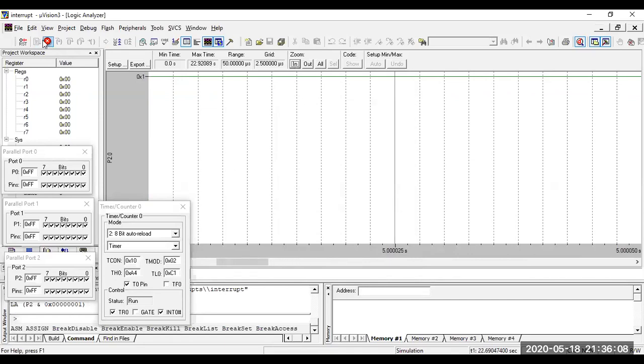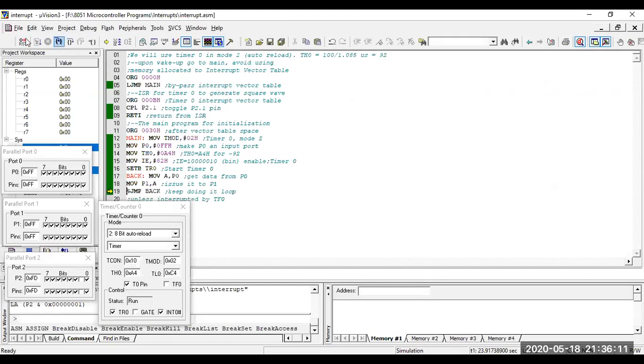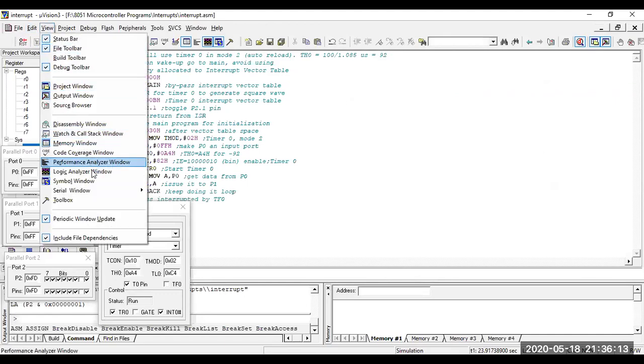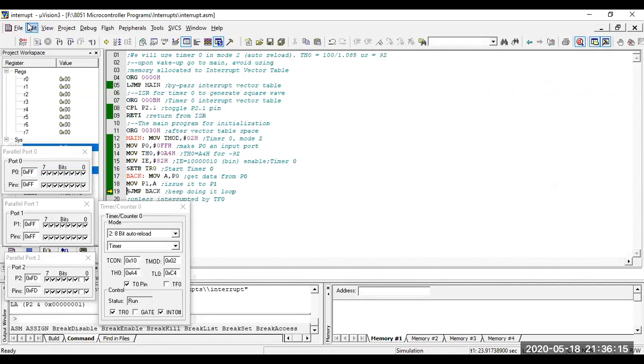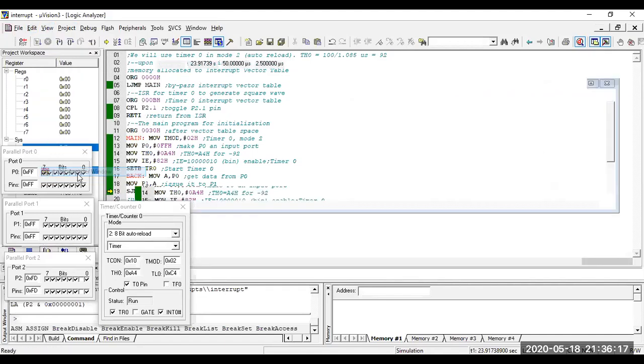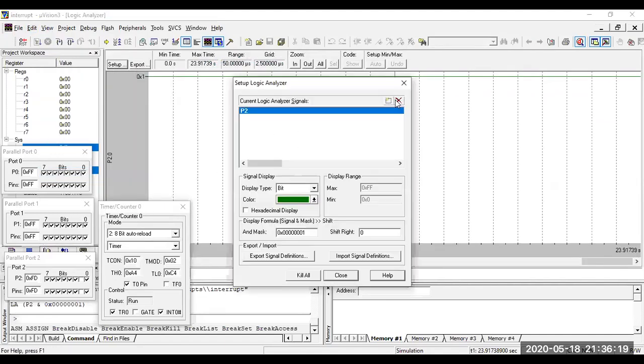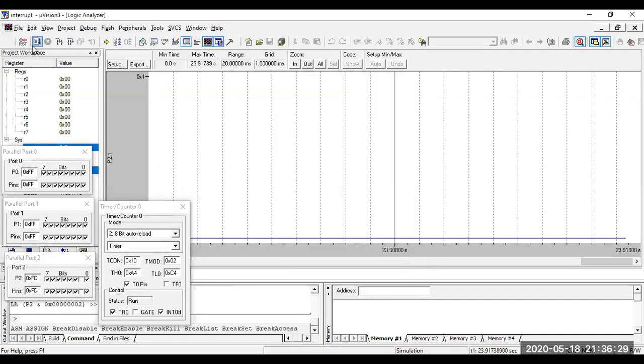Go to view, logic analyzer. Setup. Port 2.1. Here port 2.1 is blinking. No? So enter. Close. Run the program.